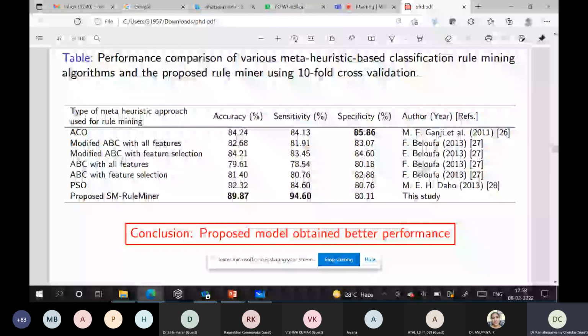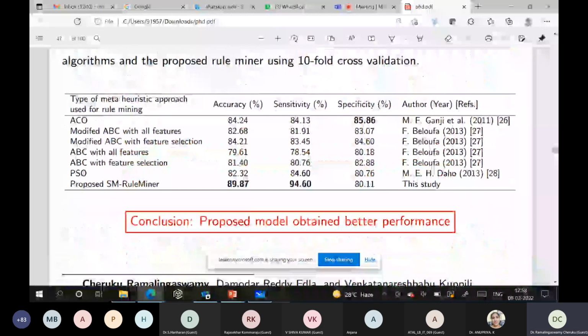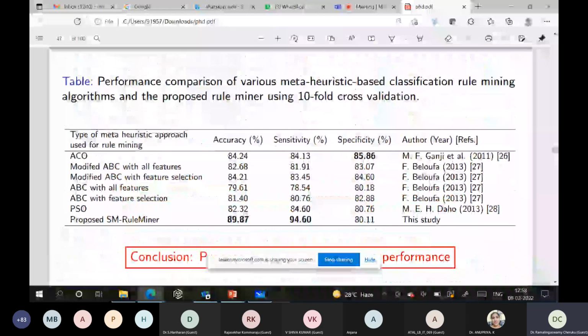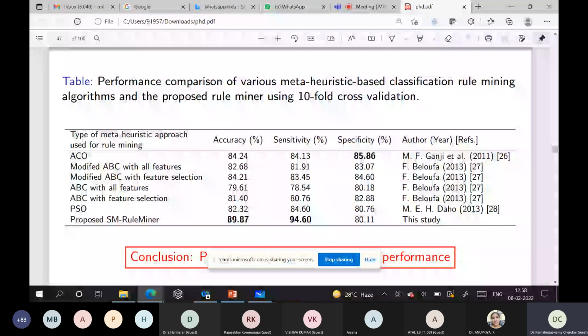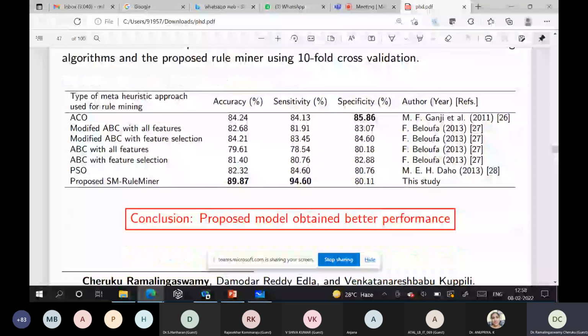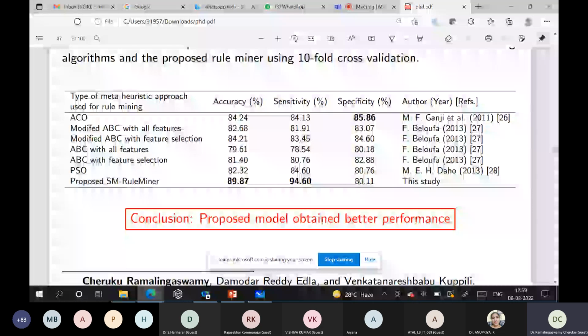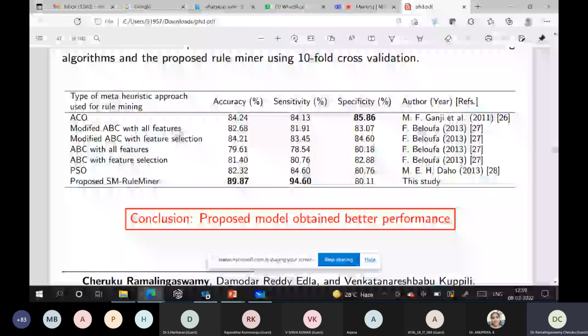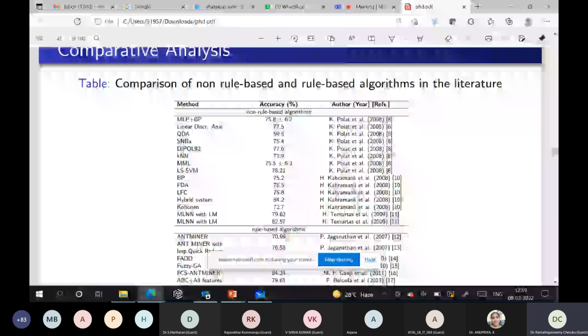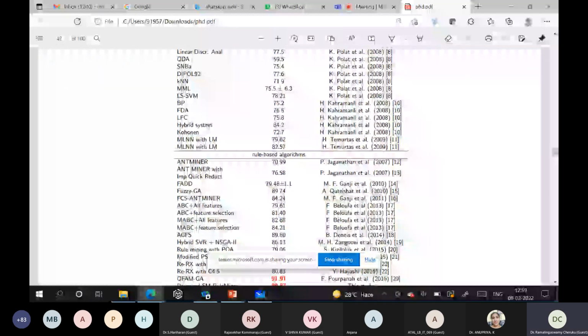The important thing you have to observe here is that you can model any problem using bio-inspired algorithms, and it is your duty to find the appropriate fitness function, how you are modeling your problem, and how you are doing the encoding mechanism. That is very, very important. Once you are good at the encoding mechanism, you can map any problem to any bio-inspired algorithm. This is some of the state-of-the-art comparison we made.